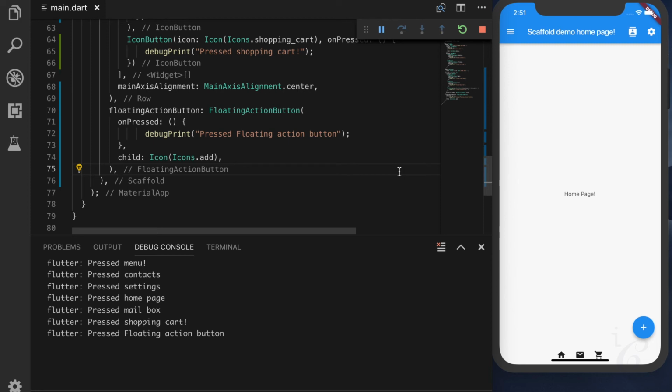We will add additional functionality for the bottom navigation bar, and add a few more pages to the application so that you can see that the bottom navigation bar has some functionality, and verify that on the UI itself. So this is how you can create a sample Flutter application, or create an application real fast using the Flutter framework. I hope you enjoy this video.